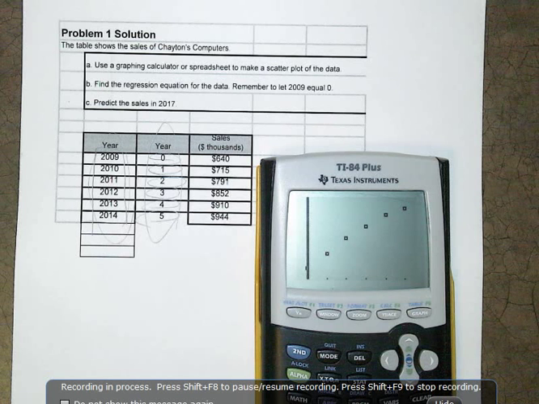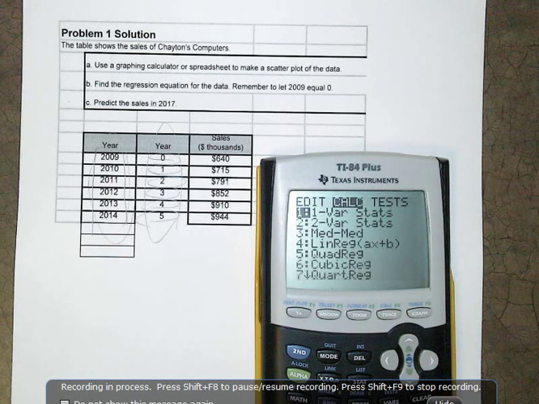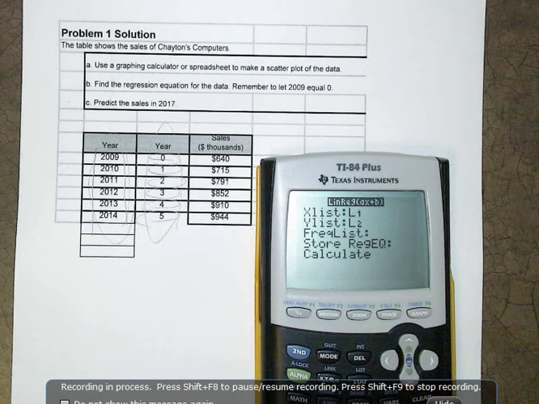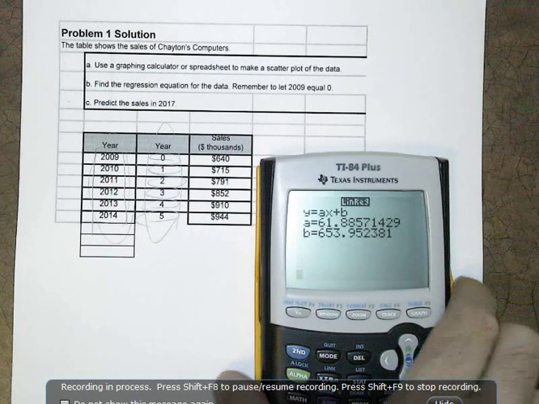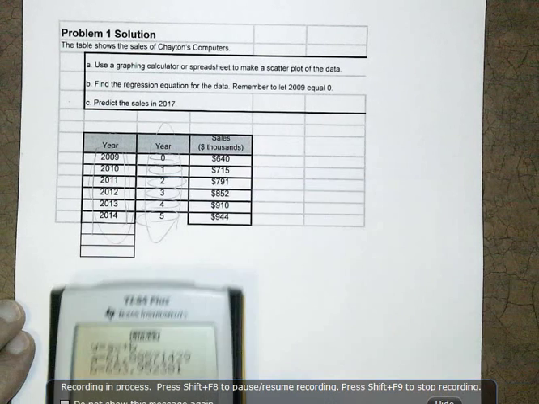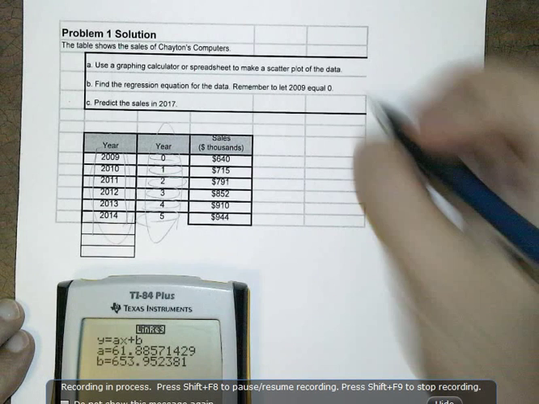Now we need to find the regression equation to fit the data. Go back to stat. We're going to calculate. Since this is a line, we're going to use the linear regression, which is number 4. And we want to just make sure that we're using list 1 and list 2. And then we press calculate. And there's your equation. So my recommendation is to write that down, and we're going to round it off. So y equals